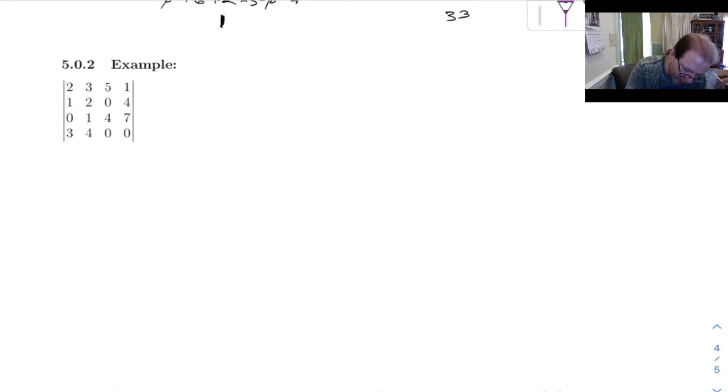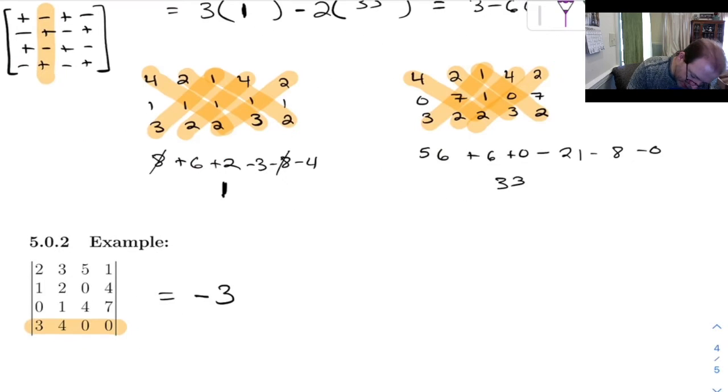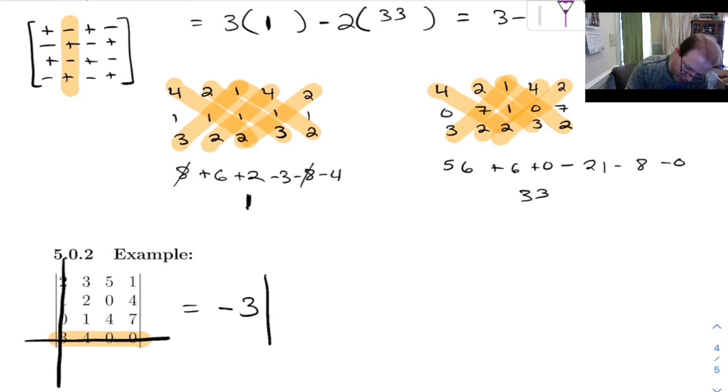Let's expand along the bottom row. So I'm going to highlight the bottom row and expand along that. We're going to have 3 times something. Now, do we put a plus or a minus in front of this? Well, if we start over here, plus, minus, plus, minus. Think about it as a checkerboard that always starts with plus in the top corner. So we get minus 3. I'm going to cross this out, times the smaller determinant,